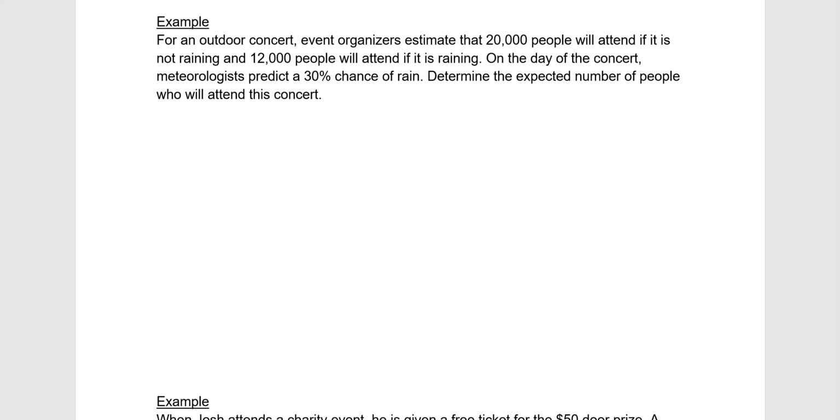So for an outdoor concert, event organizers estimate that 20,000 people are going to attend if it's not raining. 12,000 people will attend if it is raining. On the day of the concert, meteorologists predict a 30% chance of rain, and we want to determine the expected number of people who will attend this concert. So we have 2 outcomes, so it's going to be the expected value P1A1 plus P2A2, and with the table,